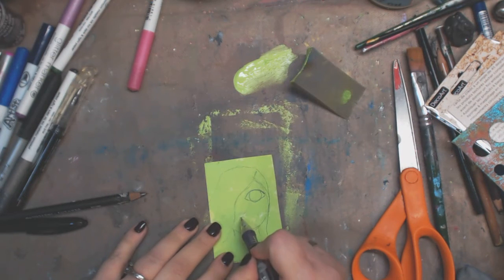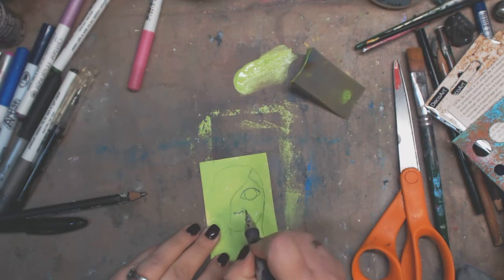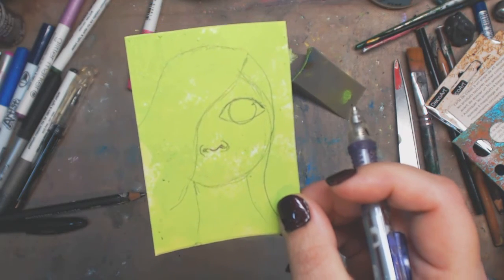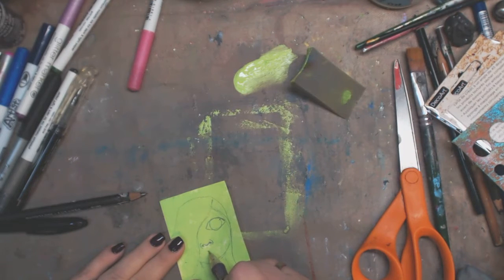I'm going to do, what am I going to do? I'm going to do a little U. And then I'm going to do my nostrils. And then just very much like that. You can make it smaller, bigger, whatever you want. It's just the kind of nose I want her to have. And then for the lips, we'll just kind of do, I love this sound. I got to get Dave to oil this. And then we're going to do, let's just do the lips. Like that, and then we'll just give her...